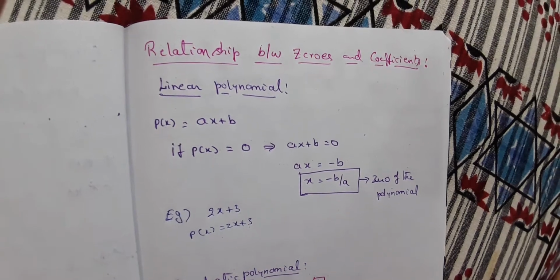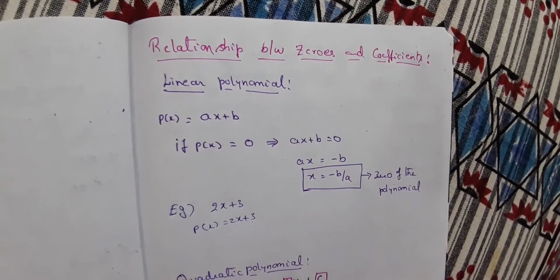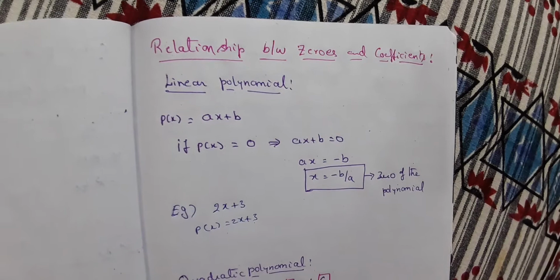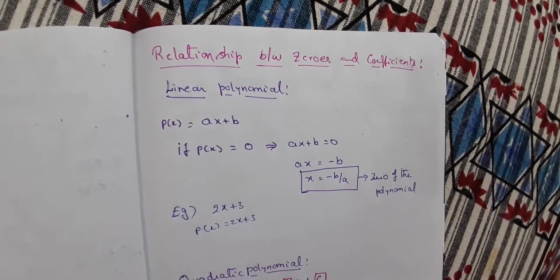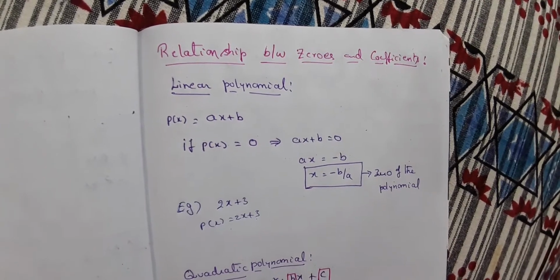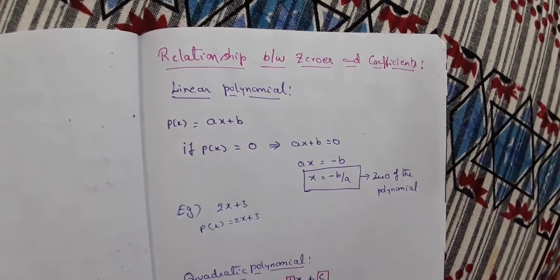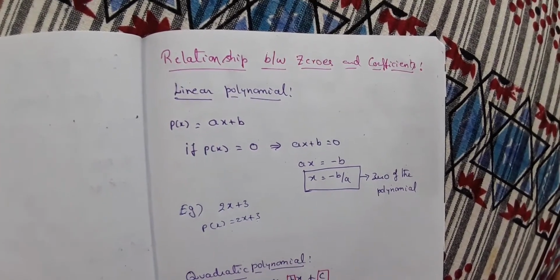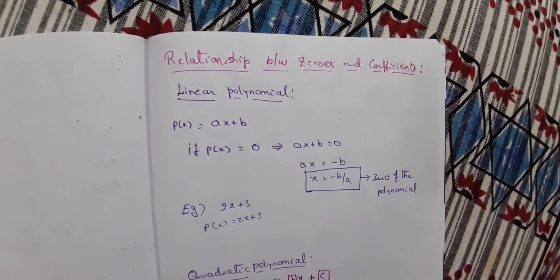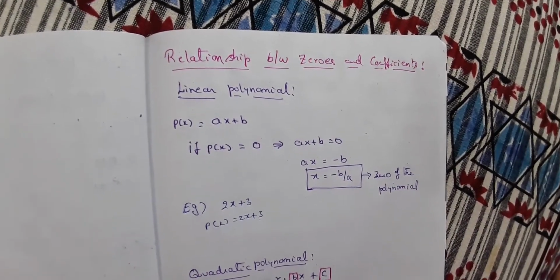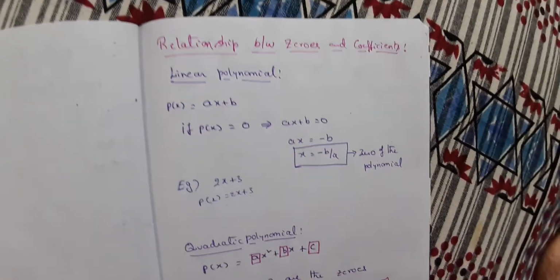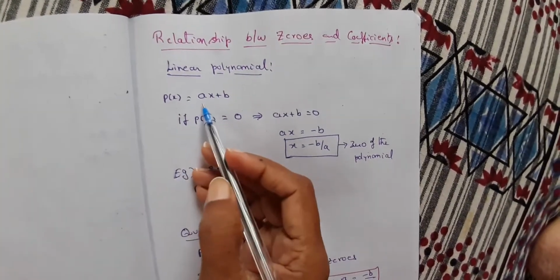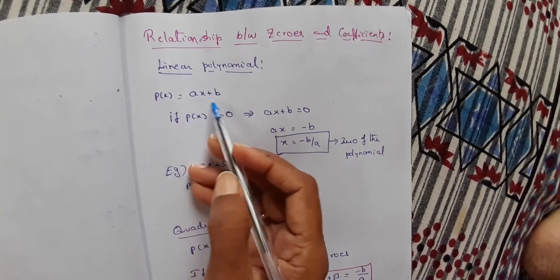Good morning, children. So, now moving to the next part of the topic, relationship between zeros and coefficients of a polynomial. So, let us take one by one linear polynomial and quadratic polynomial and cubic polynomial. First one, linear polynomial. General form of linear polynomial is